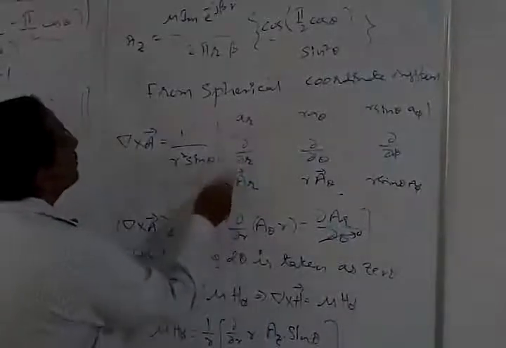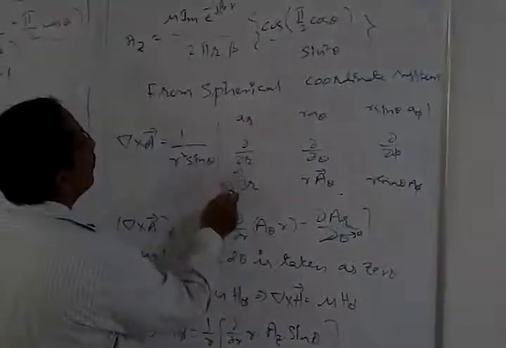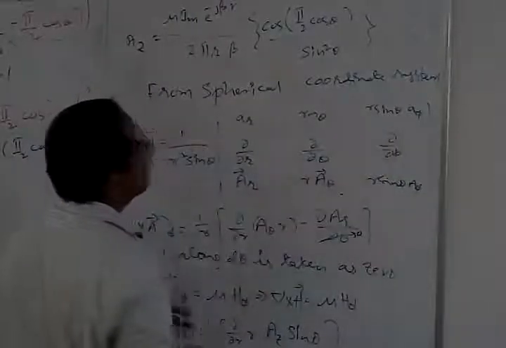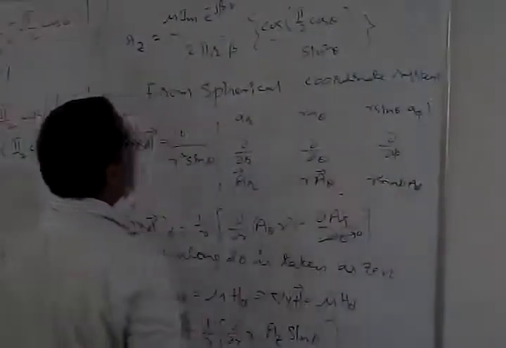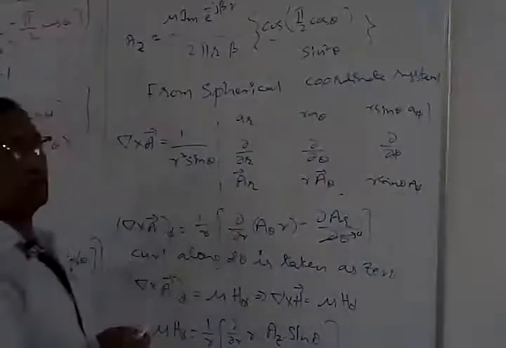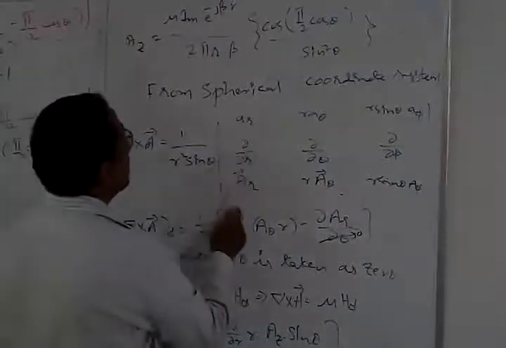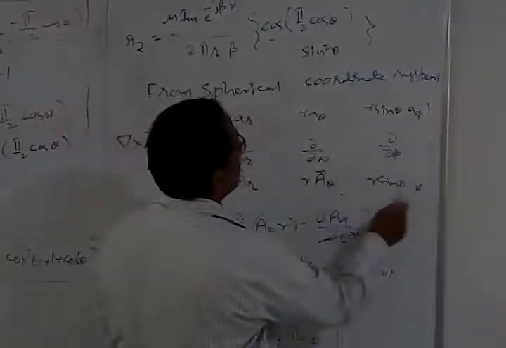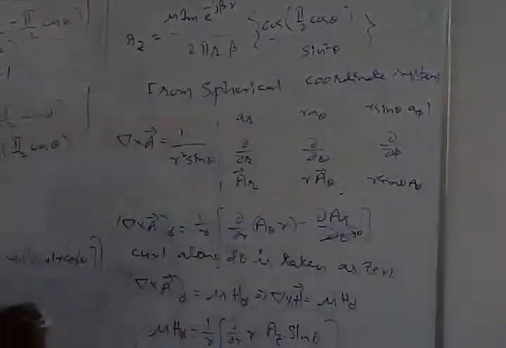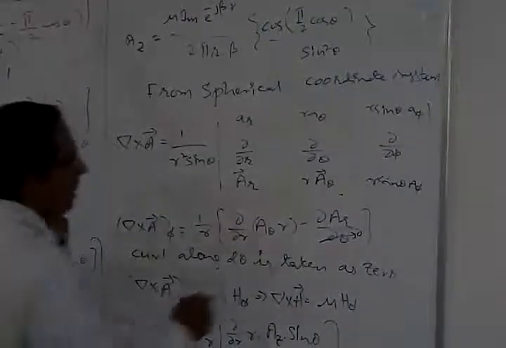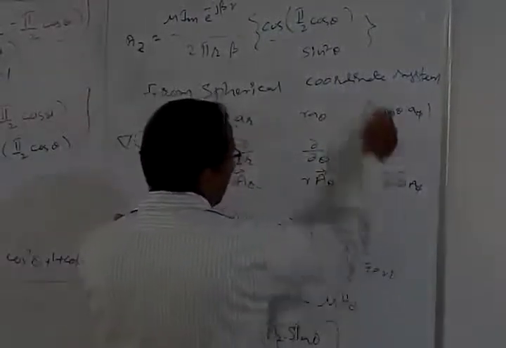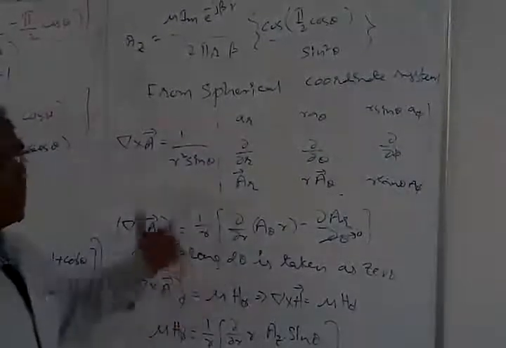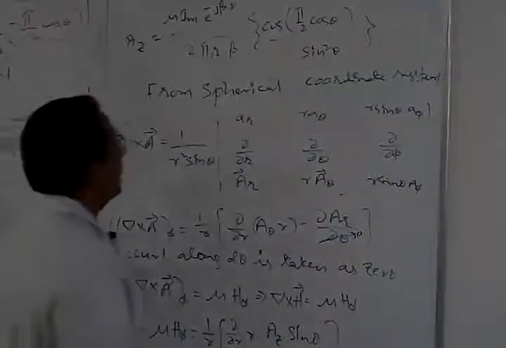Now here this one is going to be the differential component dou by dou r, this is going to be for theta, so dou by dou theta, this is going to be for phi, therefore I can write this as dou by dou phi. And the vector is normally going to be represented for AR simply as AR, for A theta as R A theta, and for A phi as R sin theta A phi. Now we are interested in getting only the A phi component. In order to get H phi, I want to get A phi. So therefore let us go with A phi.